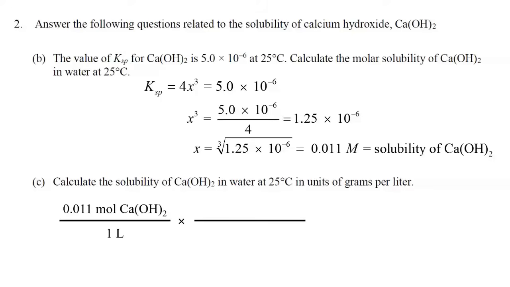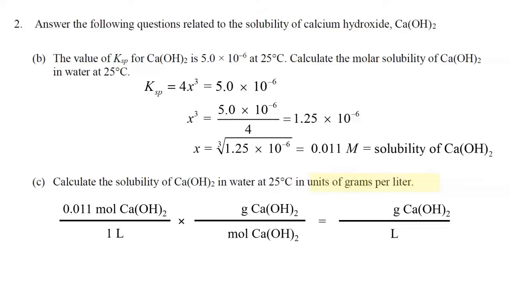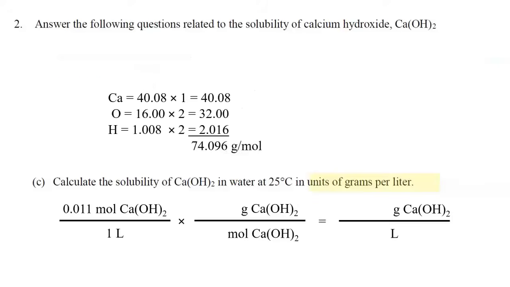We're looking for a conversion factor that will change it from moles per liter to units of grams per liter. What we need to do is get rid of the mole and convert that to grams, but we're not going to change liters at all. So we have to get rid of mole, so put mole on the bottom and grams on top. This means that we have to consult the periodic table to calculate the molar mass of calcium hydroxide. And when we do that math, we add up the atomic mass of calcium and 2 times the atomic mass of oxygen and 2 times the atomic mass of hydrogen. We get